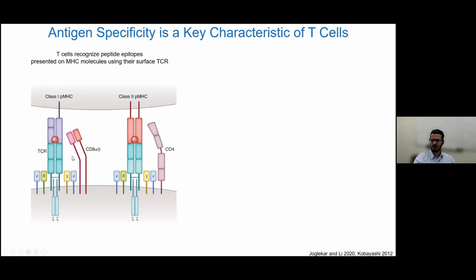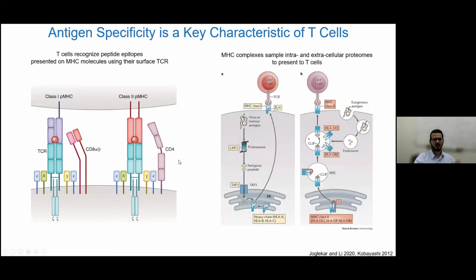Canonically, T cell receptors on CD8 positive T cells recognize epitopes presented on class 1 MHC molecules, and T cell receptors from CD4 positive T cells recognize epitopes on class 2 MHC molecules. So what are the MHC molecules actually showing to these T cells? Both class 1 and class 2 MHC molecules or complexes, and by the way, they're known as HLA molecules in humans,